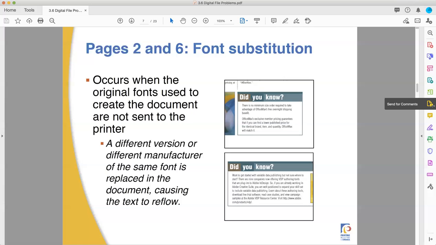I found this out on one of my early projects, another one of those big wins. The very first day of work at my last job doing pre-press, I had a text reflow problem where it was substituting a font. And it was a postcard for a test prep company. It was supposed to say the best just got better. And that was their slogan for that year's advertising campaign. And the front of the card said the best just got bet plus, or bet dash. Anyways, it was cutting off at the slogan and overflowing the text and printing that way